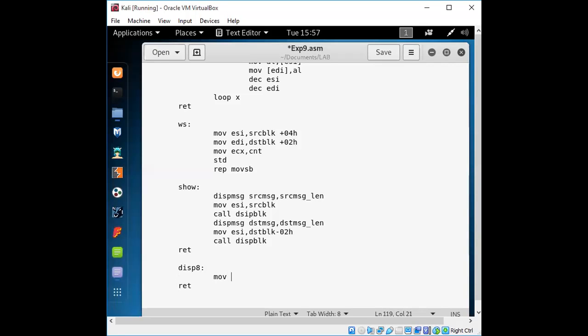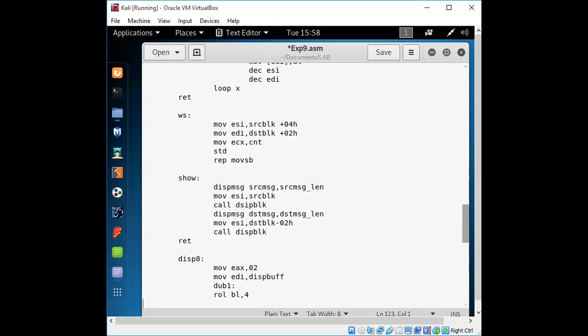So move EX, 02, here with buffer, display buffer, then inner loop for this, right? So bit BL comma 444 bit.